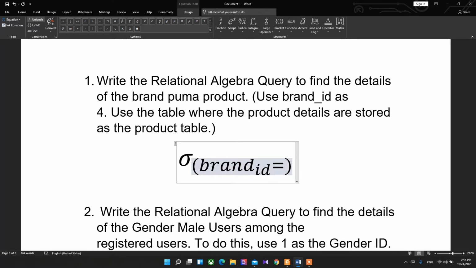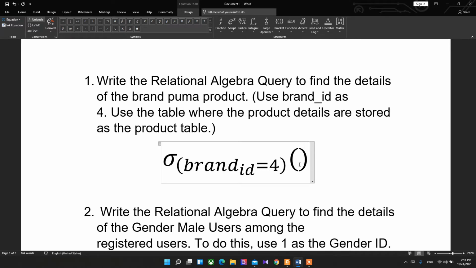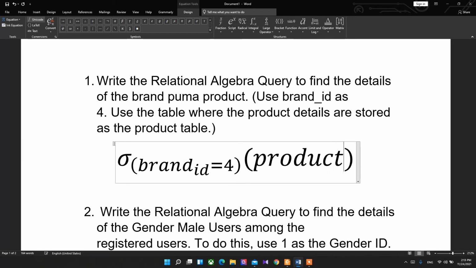Brand ID equals 4 in this situation. It is given in the details as well. Brand underscore ID. So, and we have to specify the table in here. So table is product table according to our database.